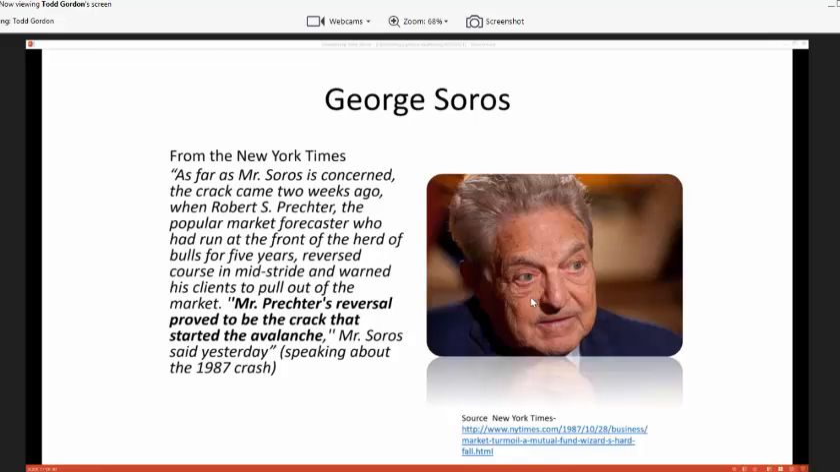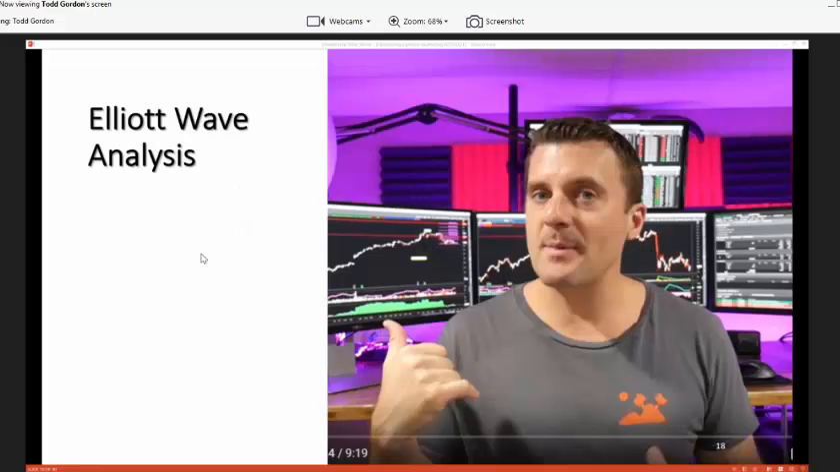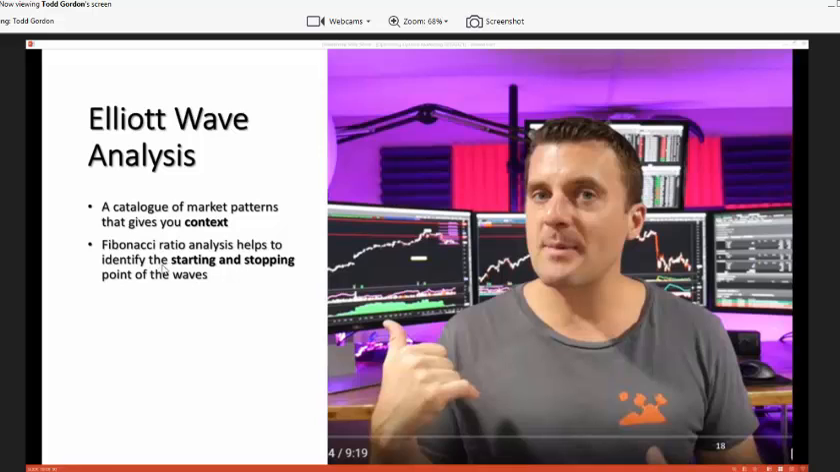One more testimonial, Soros saying, Mr. Prechter, who I'll introduce you to here in a second, his reversal proved to be the crack that started the '87 avalanche. This is Soros saying Elliott was a big reason for the crash in '87. And here we are 30 years later. So that's Elliott, okay? And really what it is, it's just a catalog of patterns. And these patterns are meant to give you context. Fib helps you figure out when these patterns are going to start and stop,